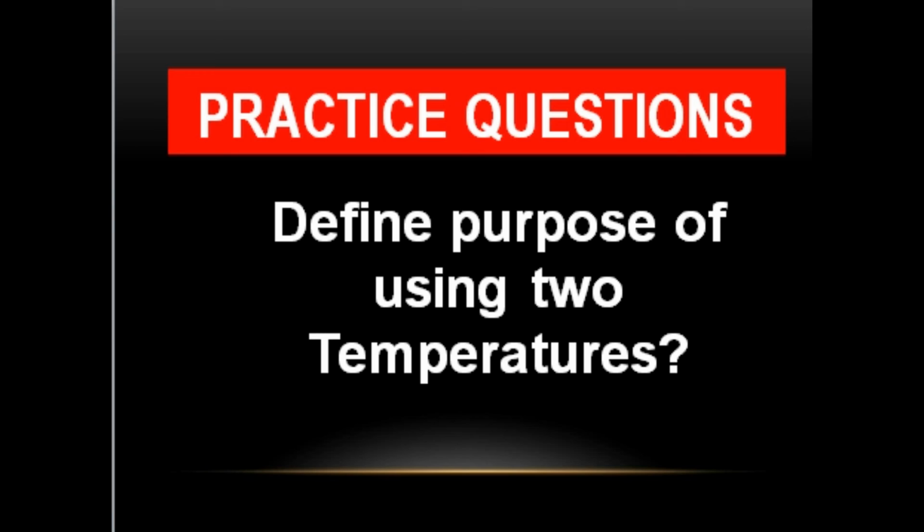Why are we using two different temperatures? What are the two different temperatures? One temperature is 40 degrees Celsius and another is 70 degrees Celsius. The purpose of heating at 40 degrees centigrade is firstly to activate the enzyme, because this enzyme is initially placed in an ice bag or is in inactive form, and it is activated at its optimum pH and temperature. So we use phosphate buffer and we will maintain a temperature up to 40 degrees centigrade to activate the enzyme. Secondly, 40 degrees centigrade is the optimum temperature for the addition of hemolysate.